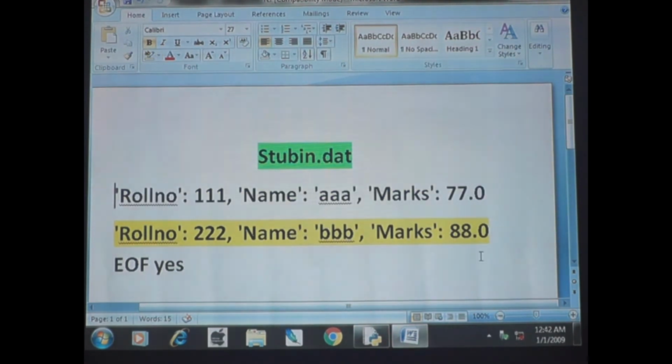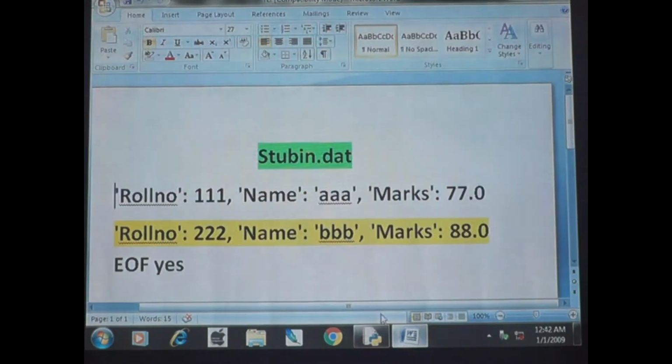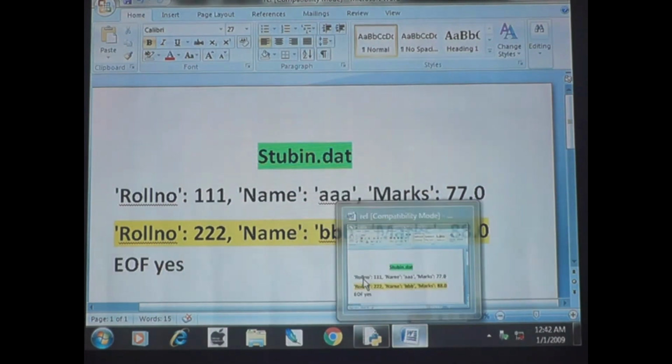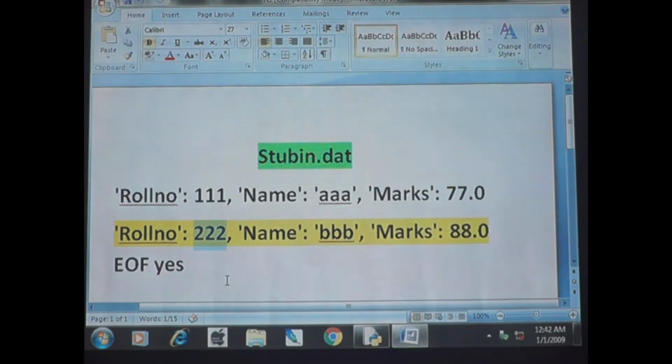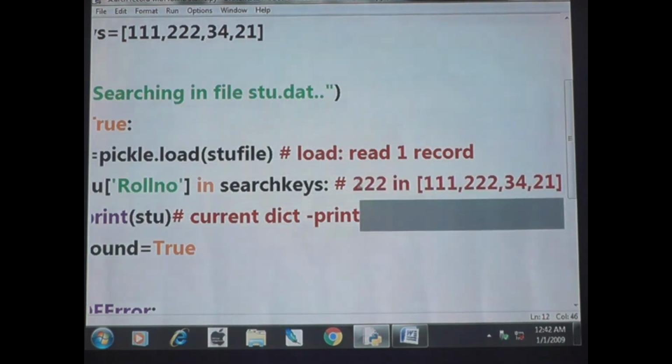Okay, now it will read this record. Now listen carefully. Stu of roll number. Stu means this complete yellow line. Then stu of roll number means what? It is 222. So 222 will come. Is 222 in the search keys list or not?